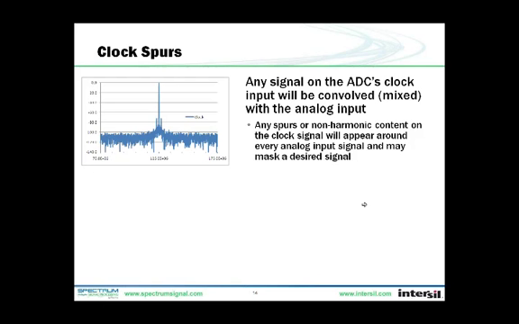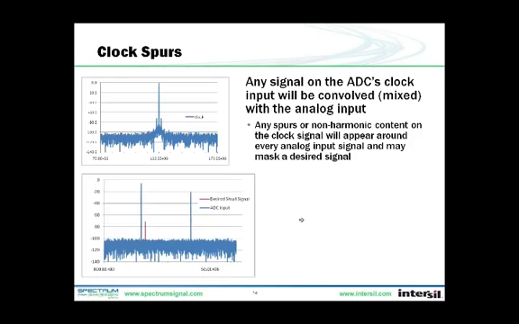The amplitude of the spurs will be constant relative to the input signal, each input signal actually. The spurs are always there, but until the input signal is large enough, they'll be masked by the noise floor. So here we can see in this plot, the top is our clock with the two little spurs beside it, maybe from a switching regulator. The bottom is the ADC input, so we have two large input signals and then a smaller desired signal here